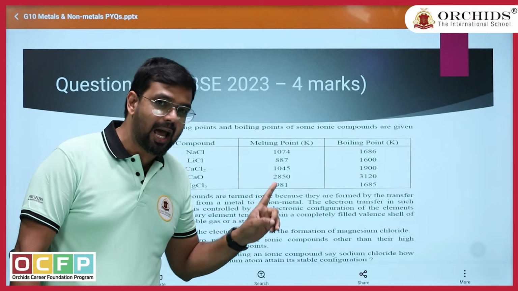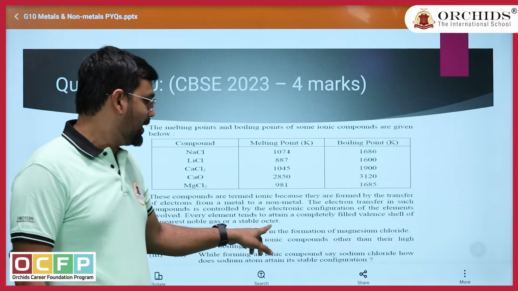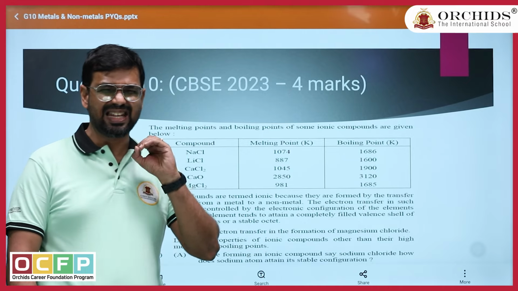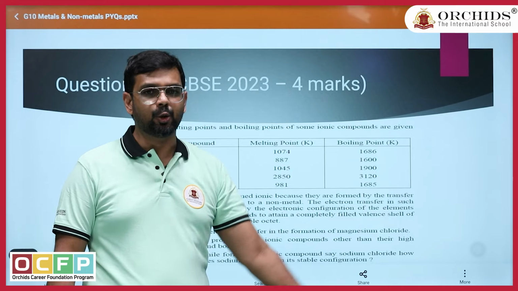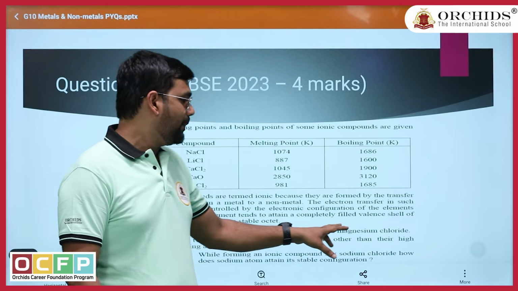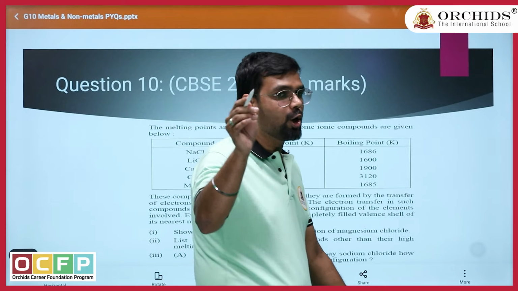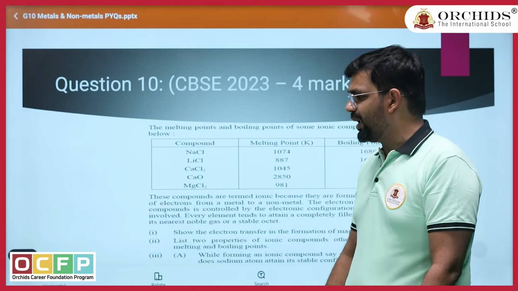So can you do it? I am going to pause the video. Please pause the video here and try to draw the electron transfer for magnesium chloride, the same way we have done for Na2O. I'm giving you a few minutes of time. So quickly solve how you can form magnesium chloride using the proper electron transfer or electron dot structure. So the answer for this one, are you done?